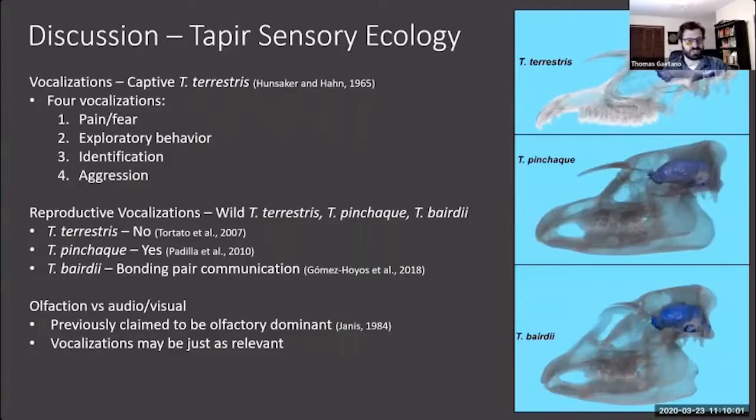Their sensory ecology, even though early on tapirs were assigned an olfactory dependency, that's not unfounded. Their olfactory bulbs are quite large, and that mobile proboscis, they use it all the time. They use sniffing behaviors to explore environments. But I also was able to find a lot of reports about vocalizations being important too. Based on that, and also the sizes of the auditory centers of the brain, I really would not rule out vocalizations as being very important in the overall sensory ecology of tapirs. But again, that would be something that would require living specimens to really experiment on.